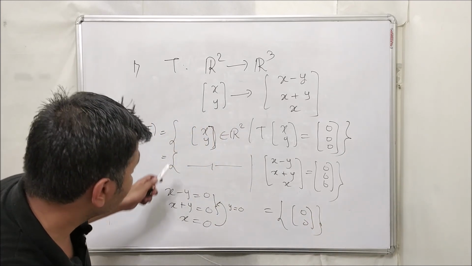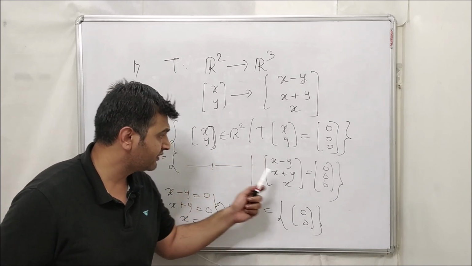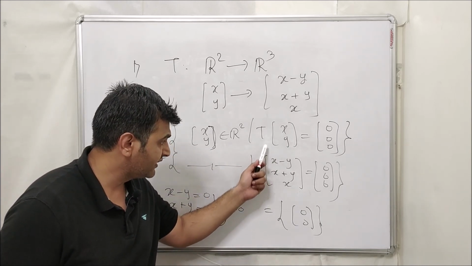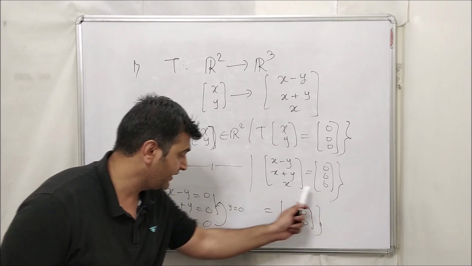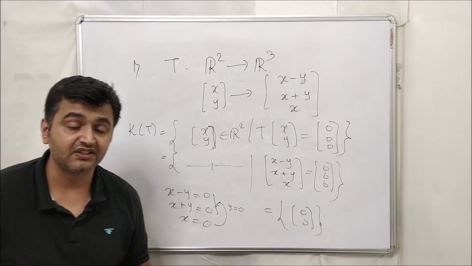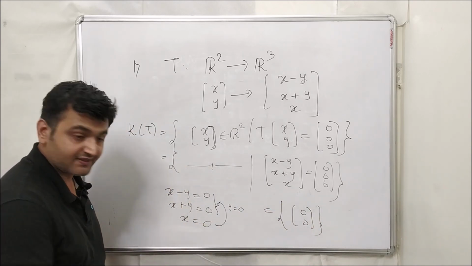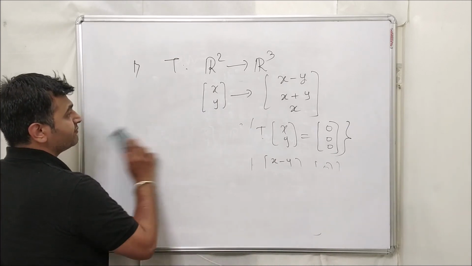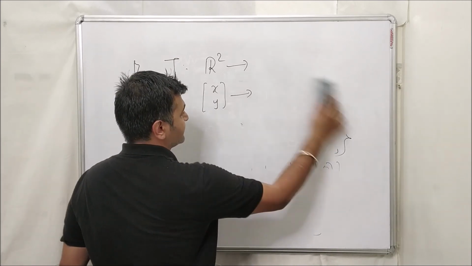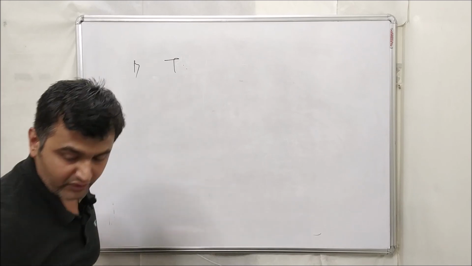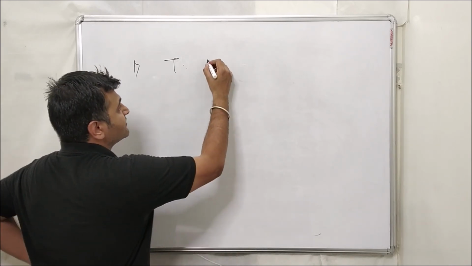Okay. So simply write down the definition. Apply the definition of kernel. Then write down the definition of the transformation. Equate the things. You get some conditions on the input vectors. Okay, so that was one simple example. Let us go for another example. The more examples you see, the more the idea becomes clear, right?